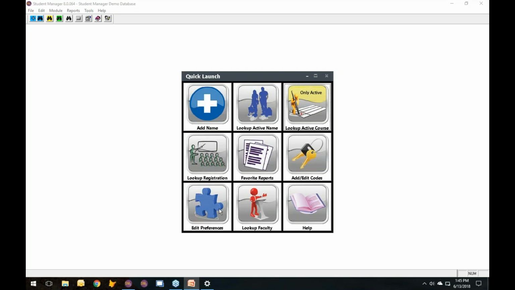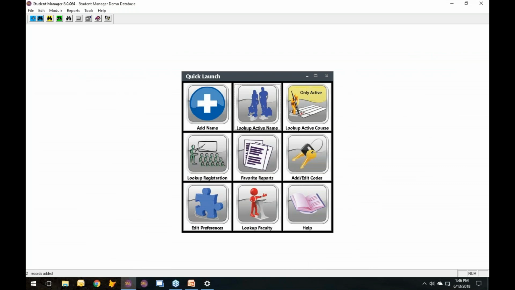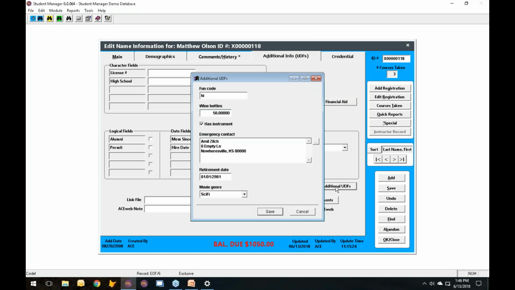This is the new idea of having unlimited UDFs. I'm going to show you first what it kind of looks like. So if I go, I think my record has information. And on the additional info UDFs page, there's a new button that says additional UDFs. And this is also on the course screen and the registration screen. It brings up this form that is